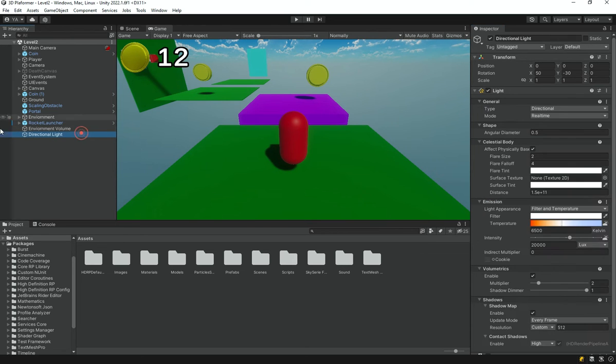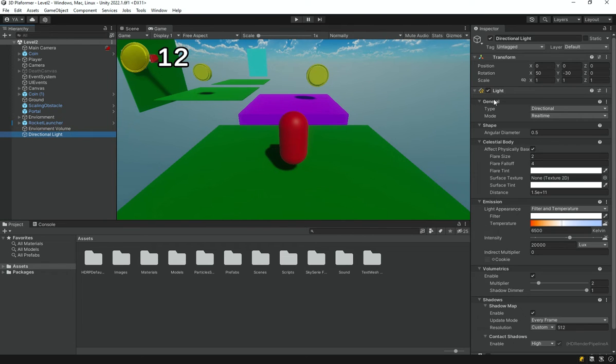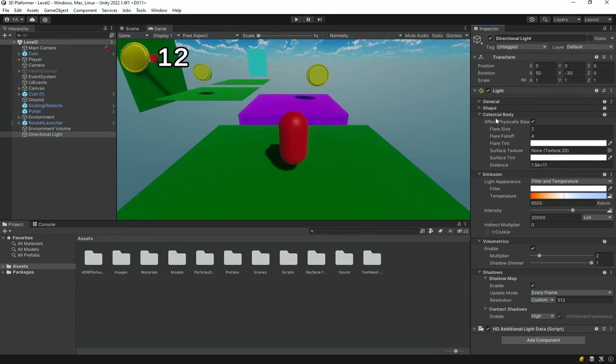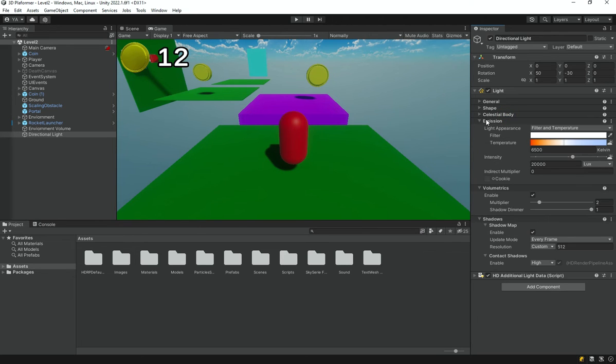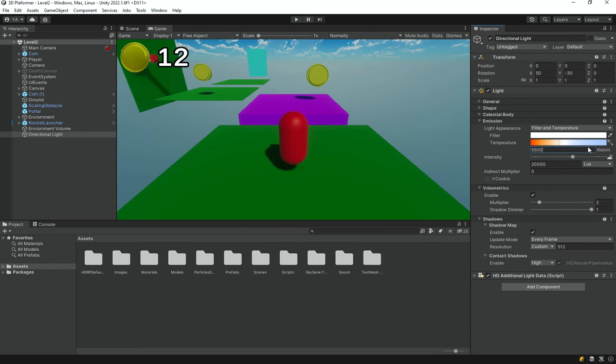I have also added a directional light here, and if I open up that directional light, you can see that in the shape you can change that, by the way, if you want, but I don't think we are going to change this anyhow. Anyways, in the celestial body here, I have left all of the settings as default. In the emission, I have set the temperature to be 5500 actually. And for the intensity, I have just gone ahead and chosen direct sunlight here and chosen high sun in here,